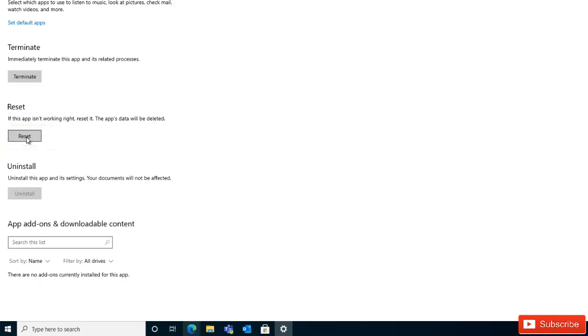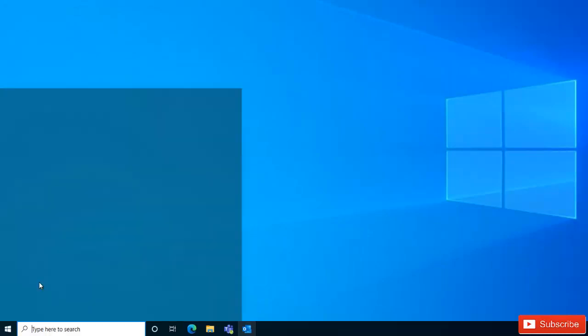So I'm going to actually do a reset. It says this will permanently delete the app's data on this device, including your preferences and sign-in details. So click reset. It will try and reset the Microsoft Store app. You can see the store has been closed, and it gives us a check mark that it has been reset. So you need to just close this